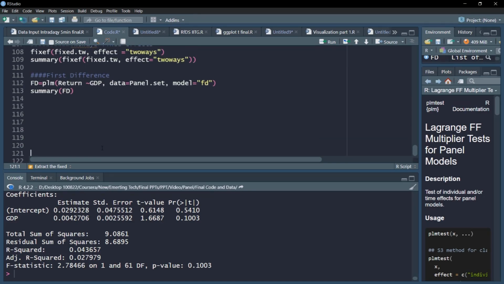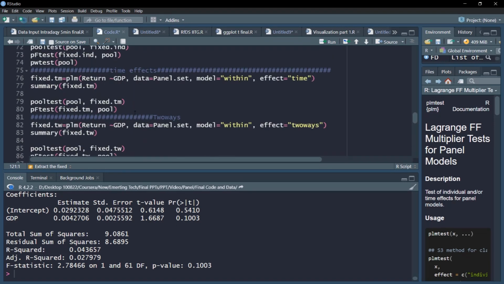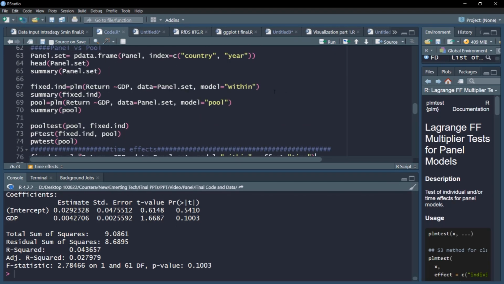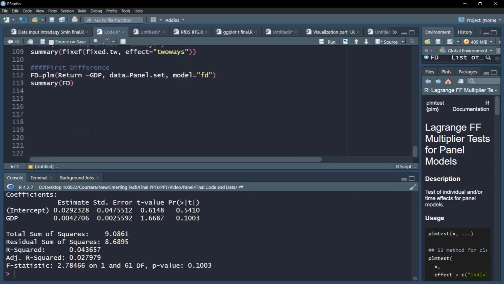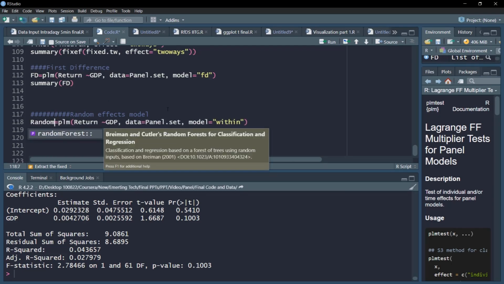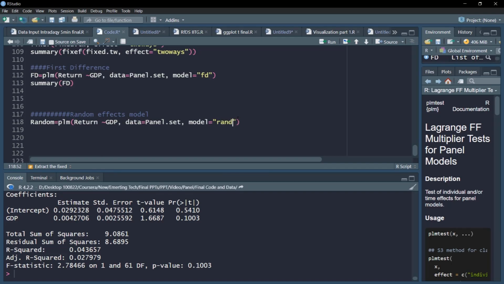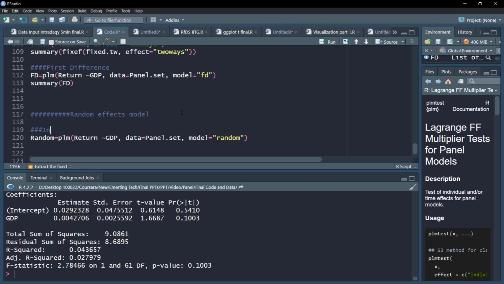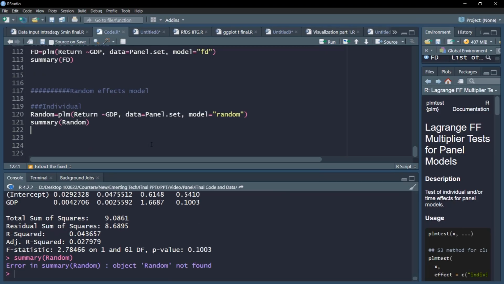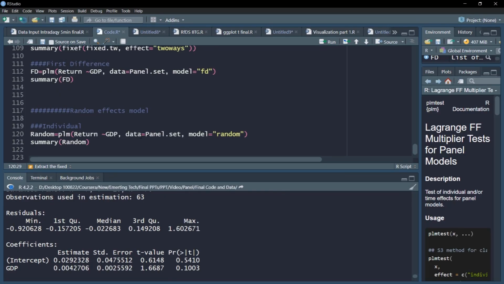In this video, we'll see how to implement the random effect model. Again, I'll not write the full code. I'll just borrow it from the fixed effect model and implement the random effects. We already discussed the theoretical part, so the code is pretty simple. Let's name it random, and I'll specify random here. Let me state at the beginning that this is individual effects, because we have not specified any particular effect. So it's individual effects, summary, random. Let me run the model.